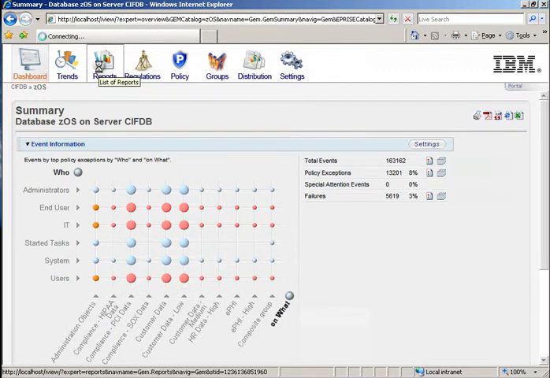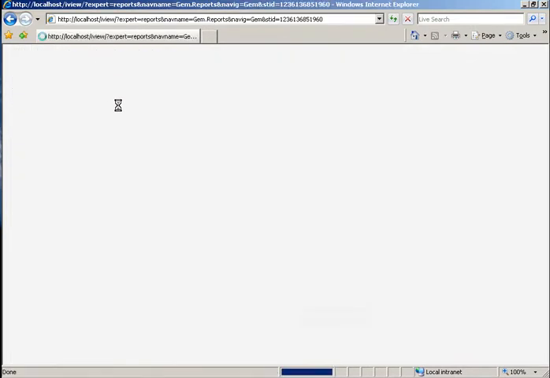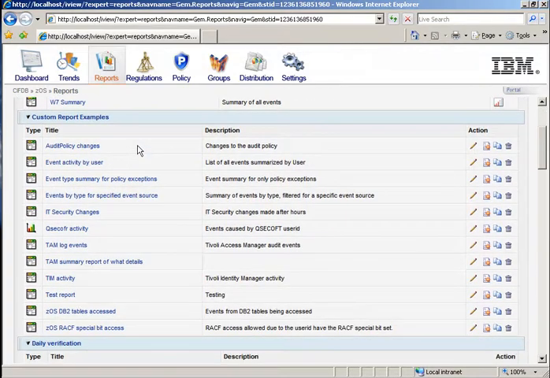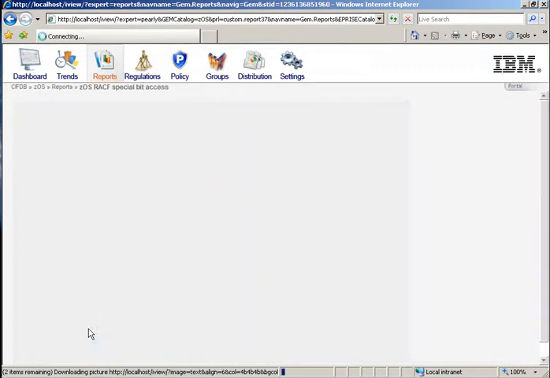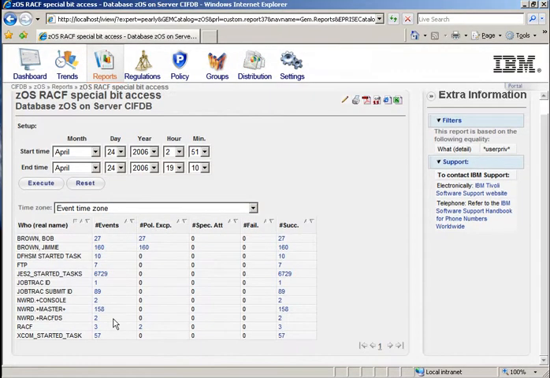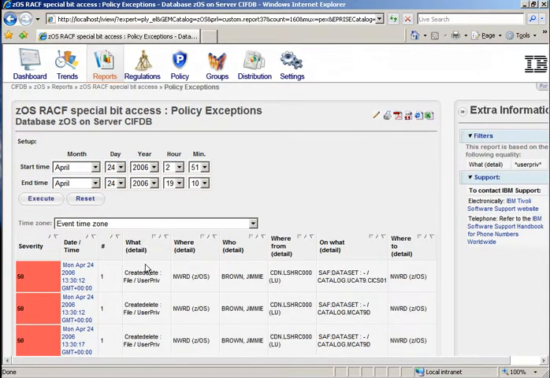So if we click here on reports, we're going to be reporting on COS data. One that might be interesting here is this one, the RACF special bit access. We remember that we saw this one before. Remember that the list we saw before with user privilege started with Jimmy Brown. Well, here are all the others that exercise the access right of the special bit, and particularly Mr. Brown seems to be having everything that he did as policy exceptions. You may want to investigate each and every one of those particular